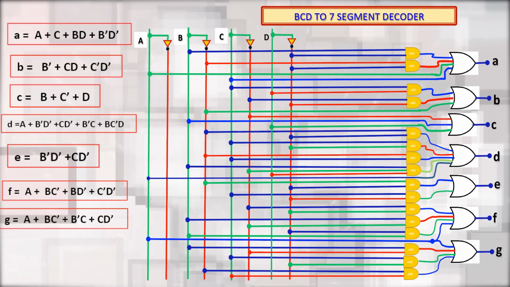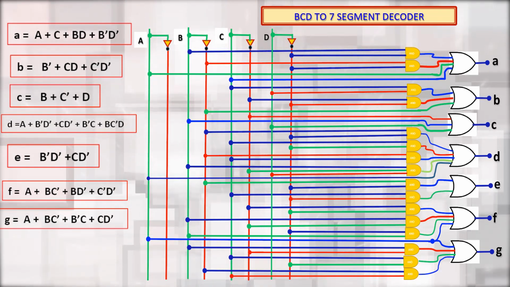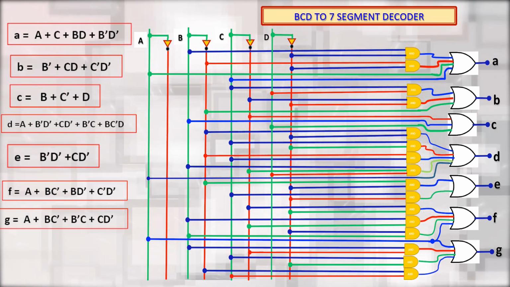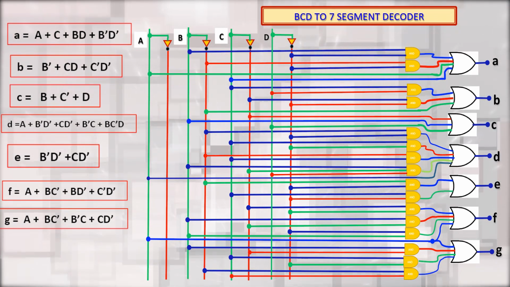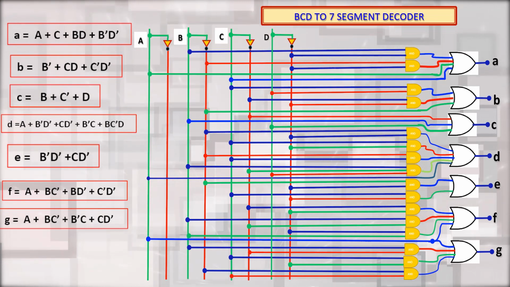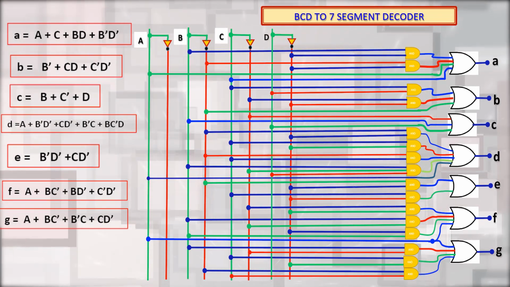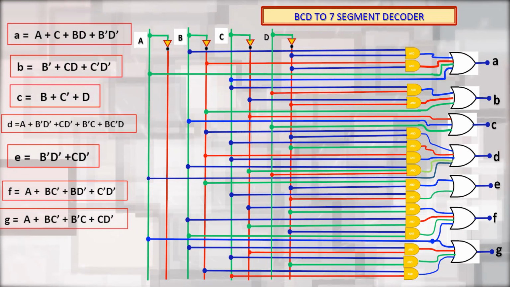Here we have done the design for 0 to 9 decimal numbers only. So, this driver circuit is only suitable for BCD to 7 segment drive, and we know that this 7 segment display